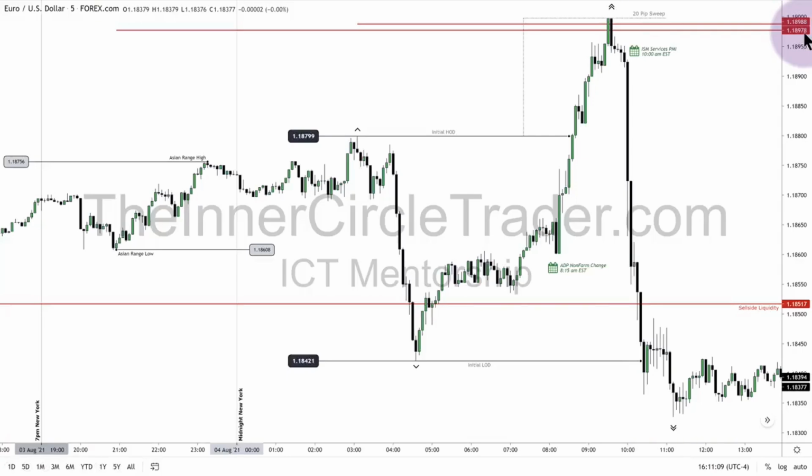2 pips above it would be 118.99 and 8 pipettes. And then we would go into, obviously, the 119 big figure. So within 3 pips, like I teach in the mentorship, you're going to learn about this, obviously, if you're in